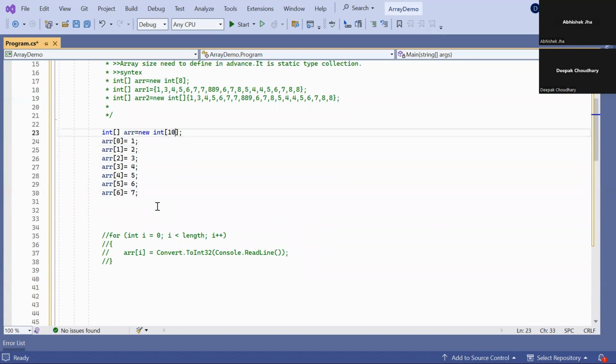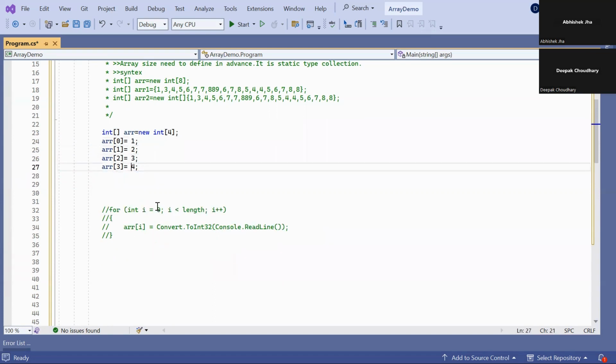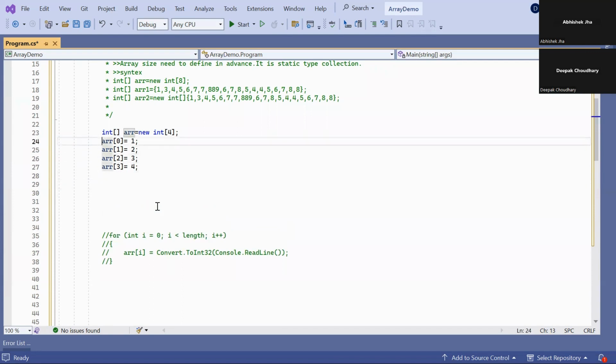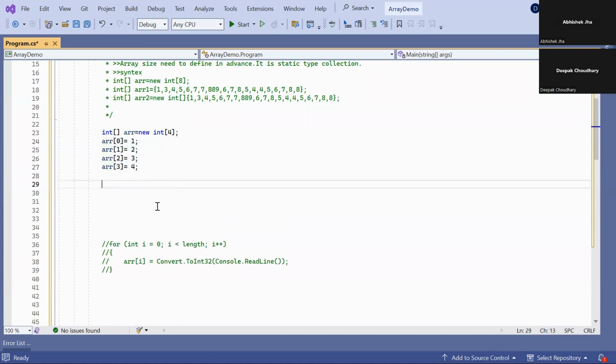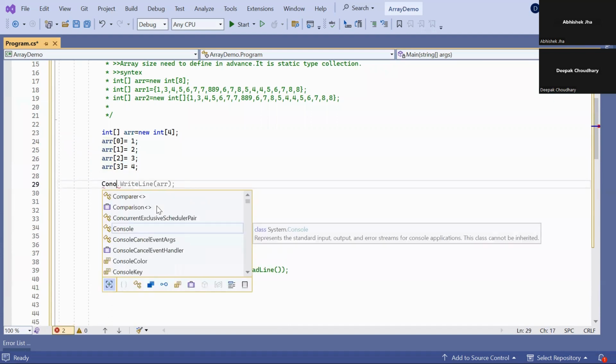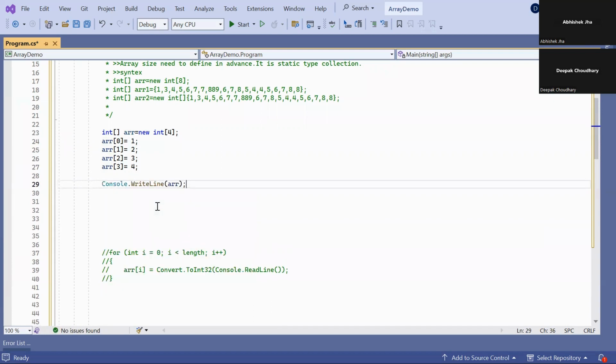Let me reduce the size. Let me make it 4. So 1, 2, 3, 4. Now, those 4 elements we have already added. Now we want to display those 4 elements. Obviously there is more than one element, so there is no way to display the array elements in one go. If you are trying to display the array using index, you can go one by one.